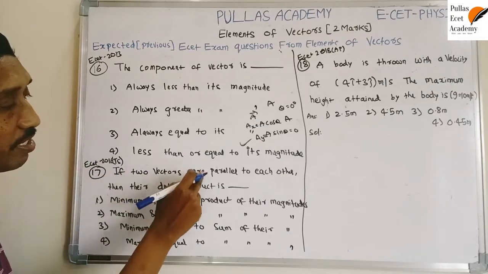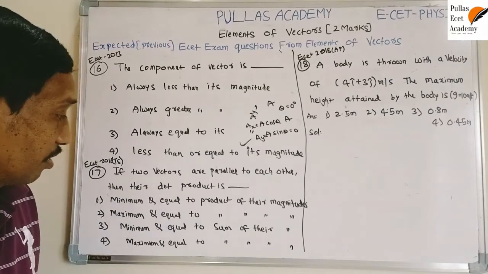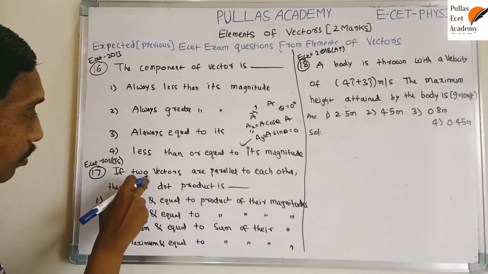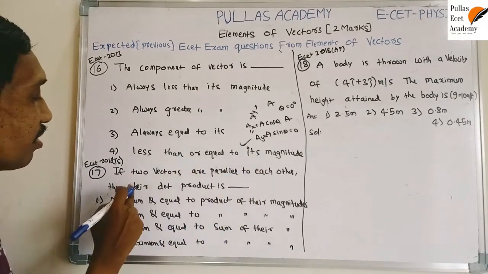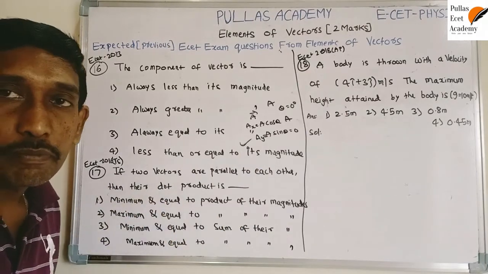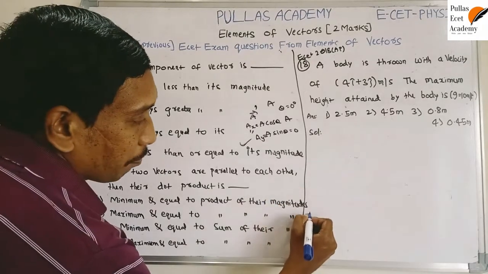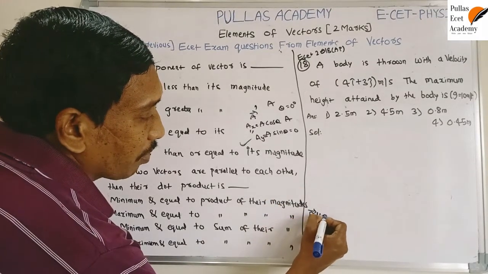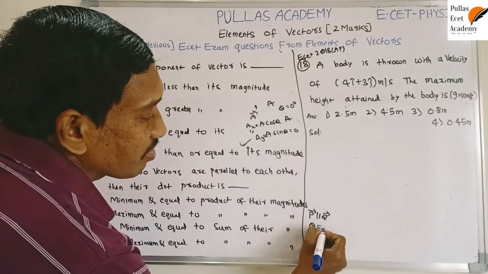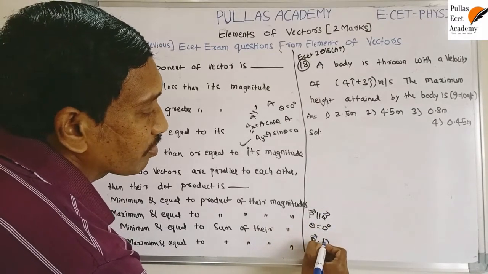If two vectors are parallel to each other, then their dot product is... Here, given two vectors are parallel to each other, then their dot product. So it is one of the properties of the dot product. Dot product means scalar product. So that means here P bar is parallel to Q bar. What is the angle here? 0 degree. Now then what is the scalar product? P bar dot Q bar is equal to